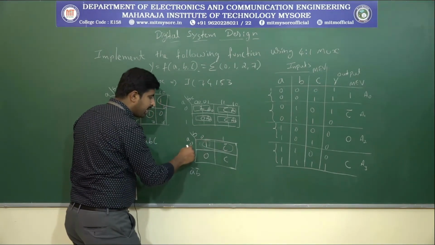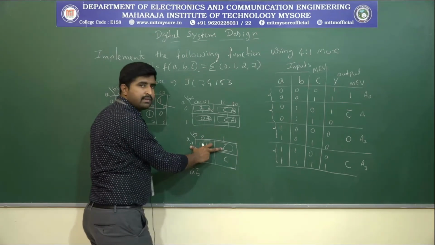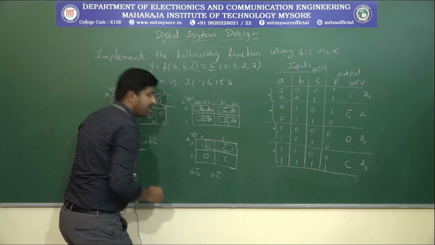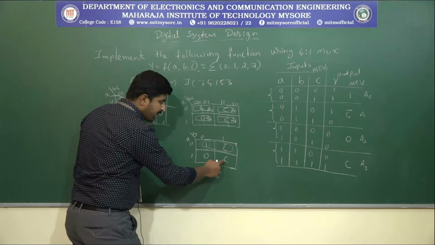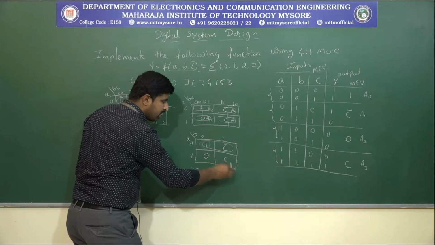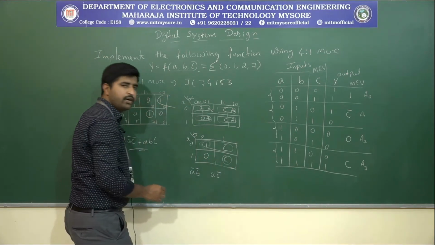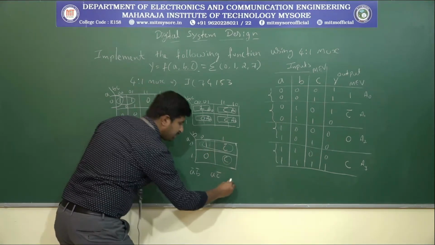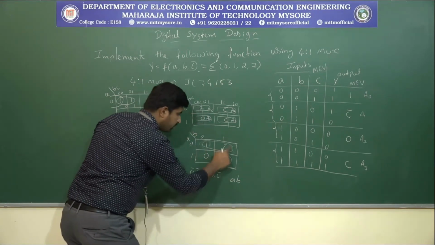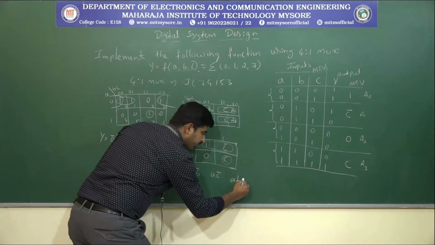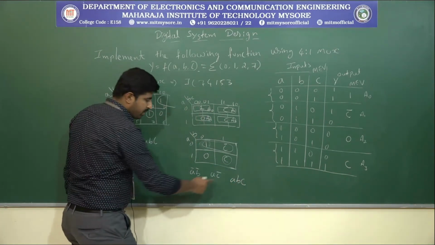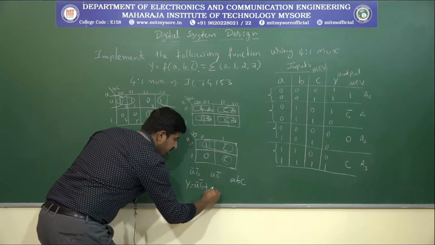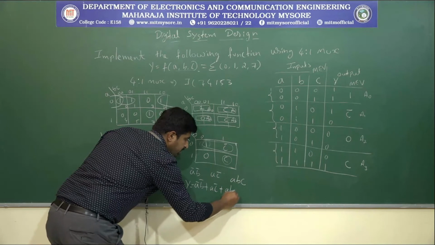So remaining is A bar, and this will be involved with the C bar. So that's why these equations will be considered as A C bar. And we don't have any logic 1 adjacent to the C, so C will be a lone group. So what is the equation we are going to get? A, B according to the K map, and the C is a map entered variable that needs to be included. So this will be A, B, C. So that means Y will be equal to A bar B bar plus A C bar plus A B C.